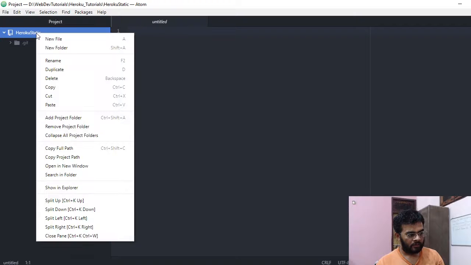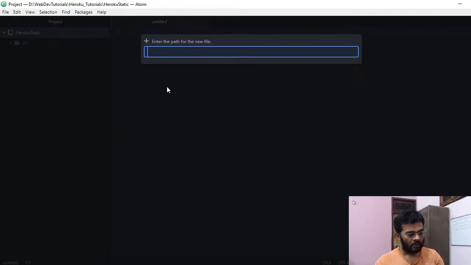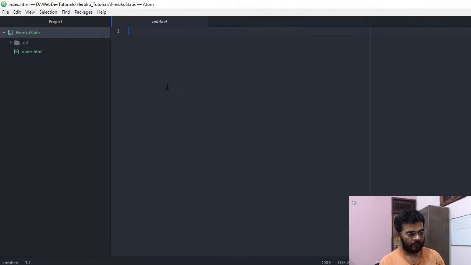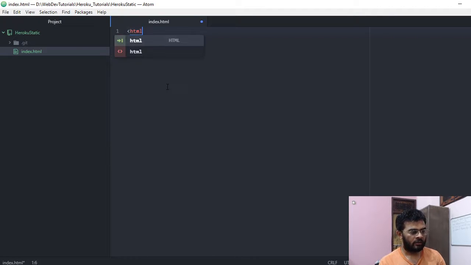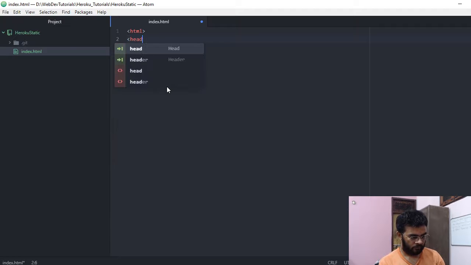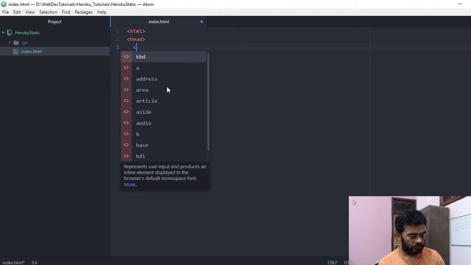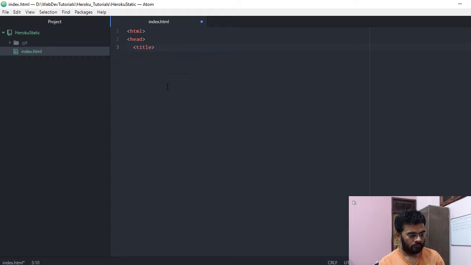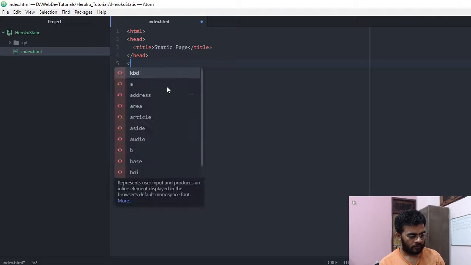So here we will create a new file and we will name it index.html because that will be the entry point for our static website. And here we are just going to make a very simple HTML page, static page, a very simple page really.